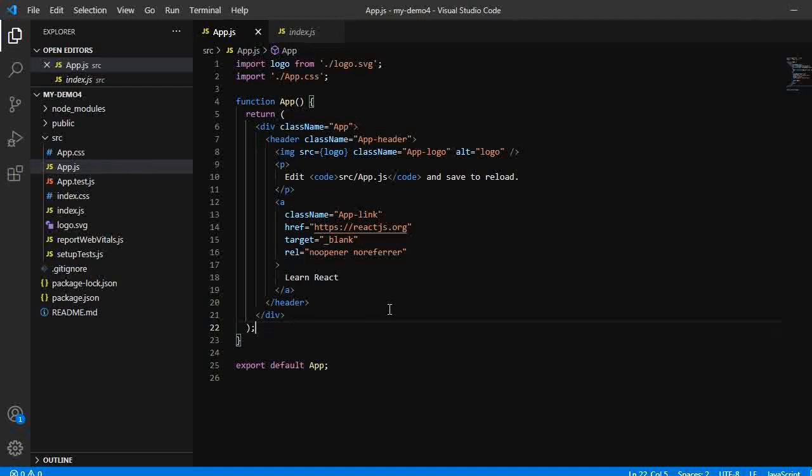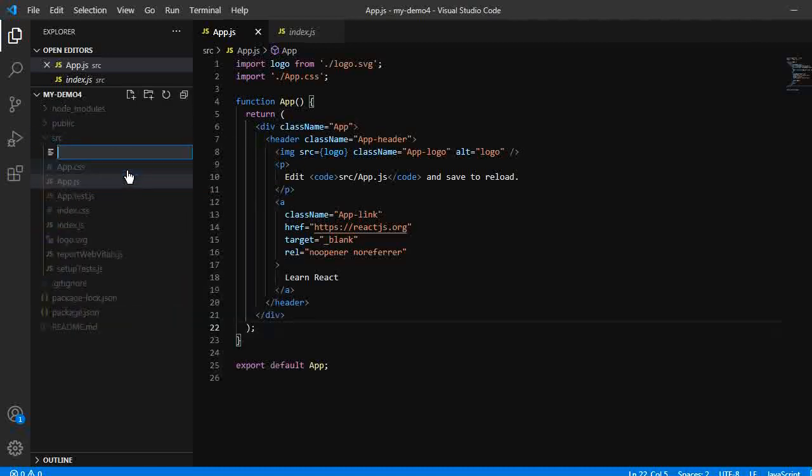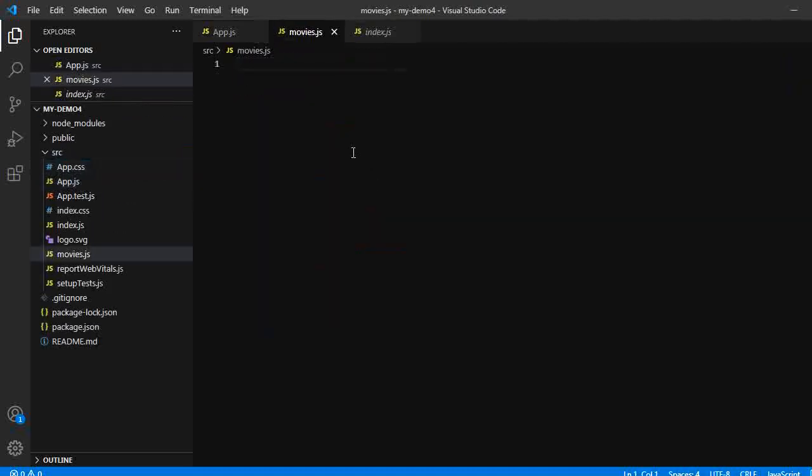App.js is the default page, and it is also one component. Now see how we create our own component. I will create one file here, movies.js.